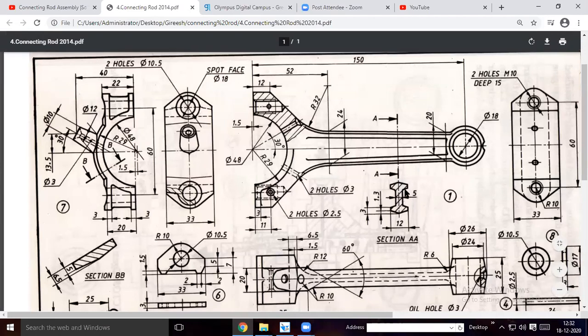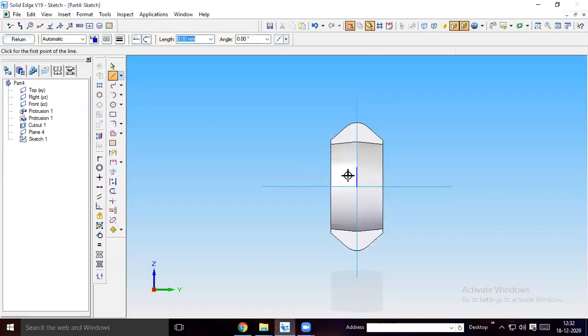What I am trying to do is only this quarter portion. Then I can mirror to the right side, then mirror these two to the bottom side, so that the complete profile will be over. So I will draw this line. This total width will be 5 mm. I will take 2.5 mm distance here towards the right side. This is very important, creating this profile: 2.5 mm at 180 degree. The left side I have done.